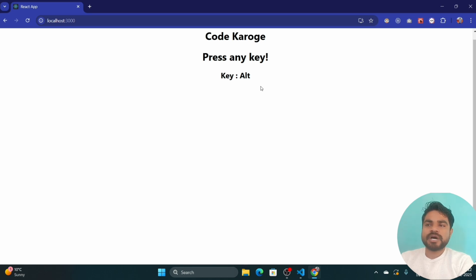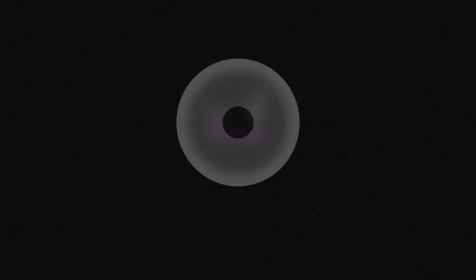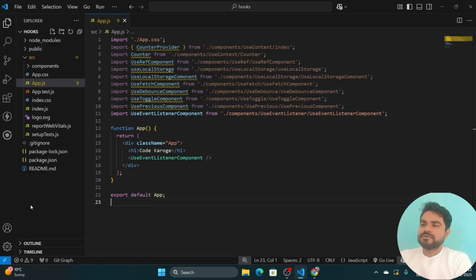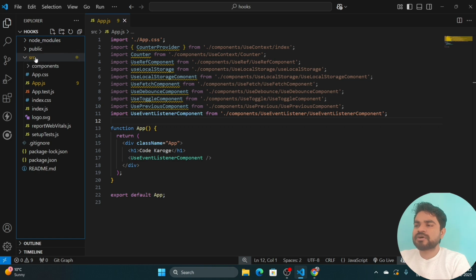So how do we implement this custom hook? For that, let's go to VS Code. Before starting the implementation, the structure of this project is the normal structure of React.js.